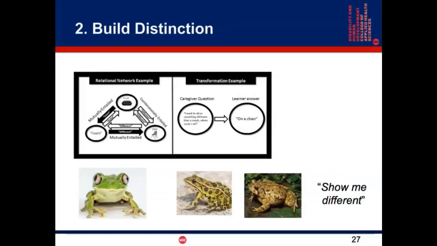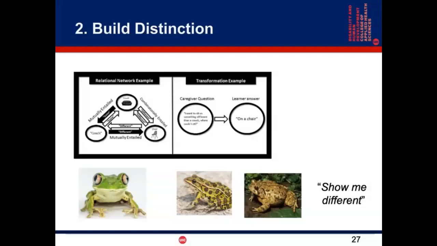So that's the sameness, but the world is not built around only things that are the same. The world is also built around other relations other than sameness. For example, the relation of different. Let's say I want to teach a child what is a frog and what is a toad. One way to do that would be to present abundant exemplars of a picture of the frog and abundant exemplars of pictures of a toad, and then just mass trial that, right?